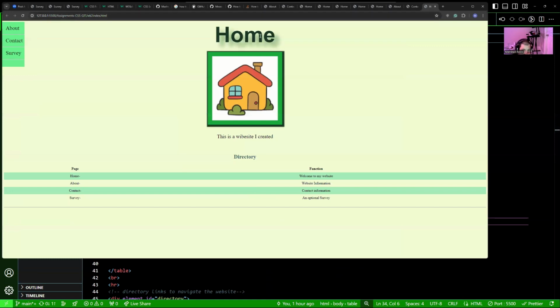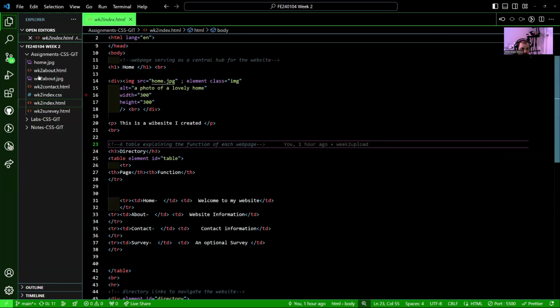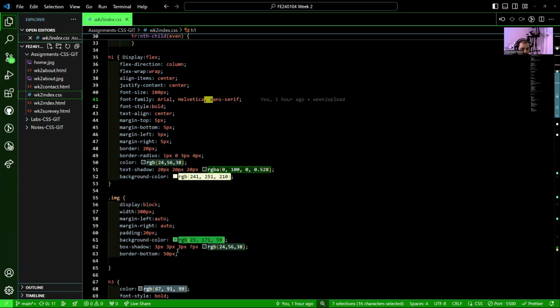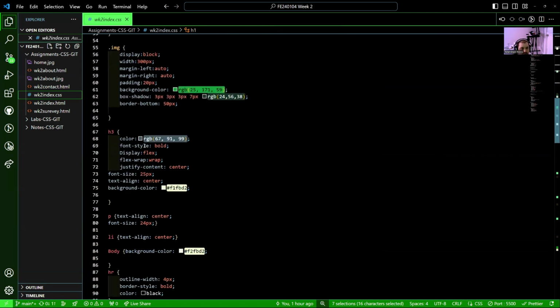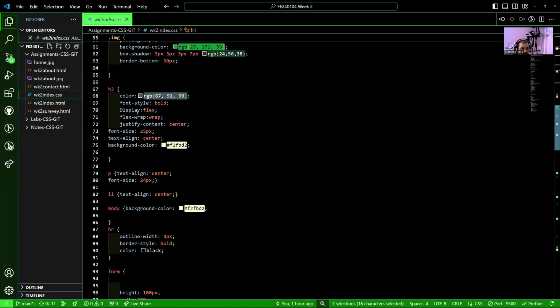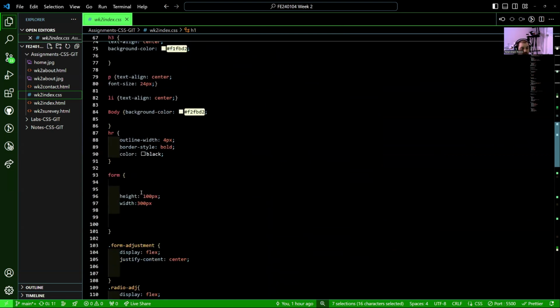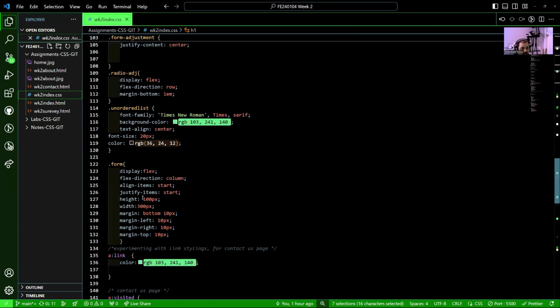So here's our header, it's centered. We have our image. You have the box shadow that I added to the image as well as the background, as we will see here. And then that's on all of them. Same thing going through, we changed the H3s to have their own styling throughout. And then on the unique elements that are only on certain pages,